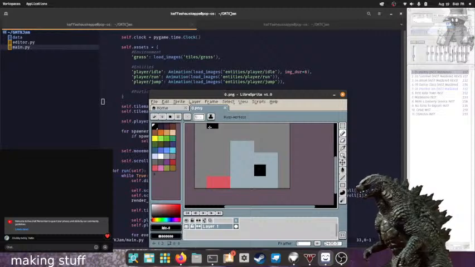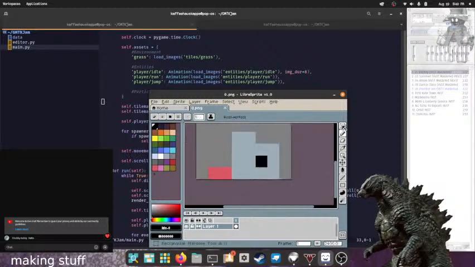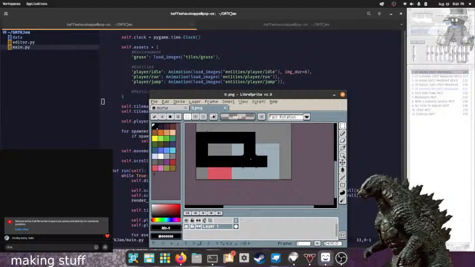So yeah, that's our little guy. I gotta figure out how I'm gonna animate him running. You know what would be funny, actually? If I just made it pop up and start running, like it has little feet. That would be kind of silly. I think that's how it goes here.